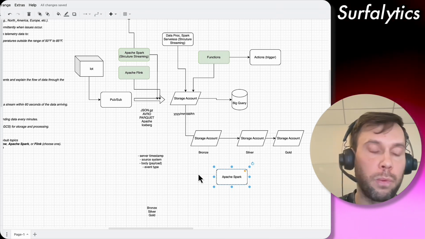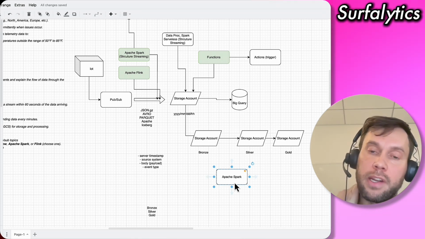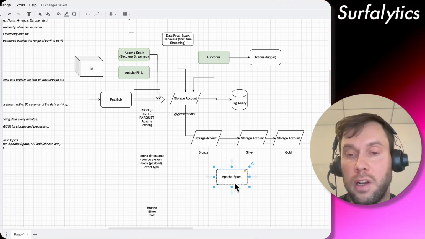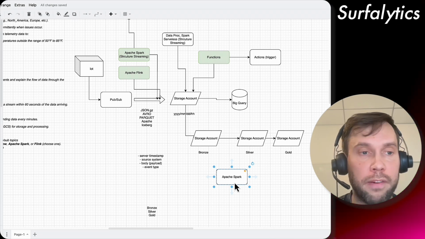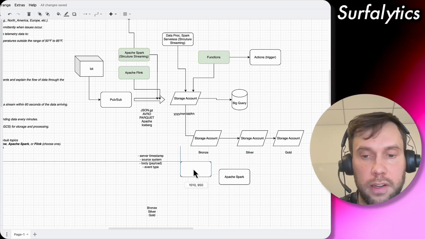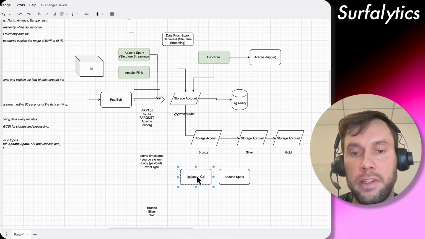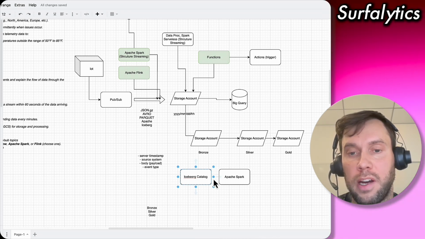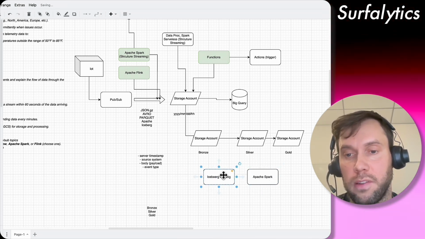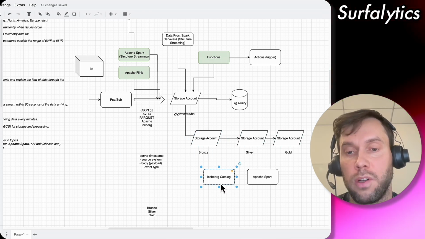The default one for Spark, for a very long time, was Delta, but right now Apache Iceberg is more popular. Then we can decide we want to have the Apache Iceberg data catalog, or just the Iceberg catalog, and the Iceberg catalog will hold all the metadata, like the table names and namespaces, and then Apache Spark will move the data and do the computational work.